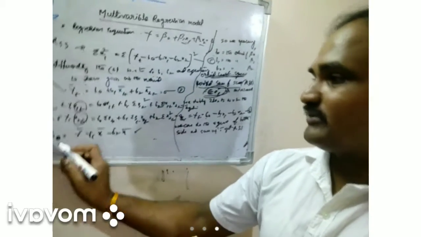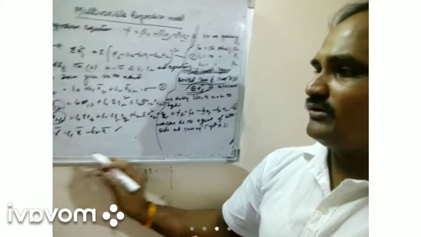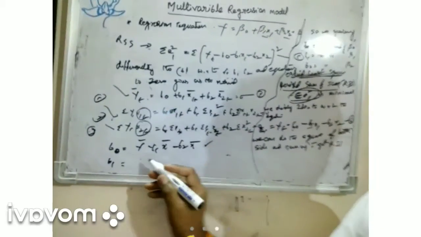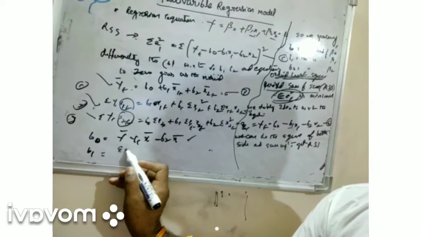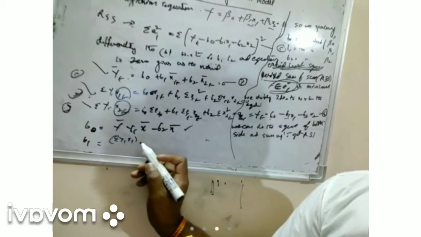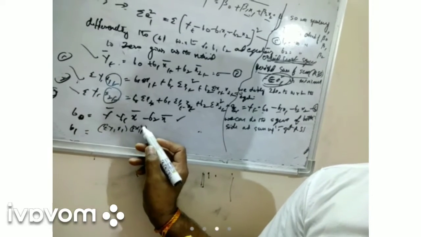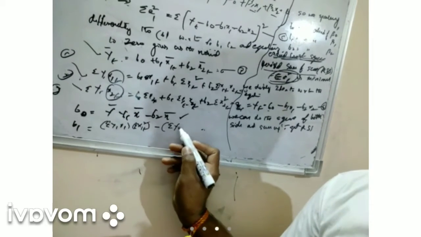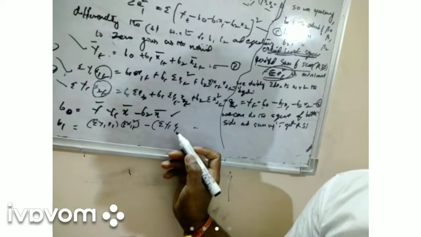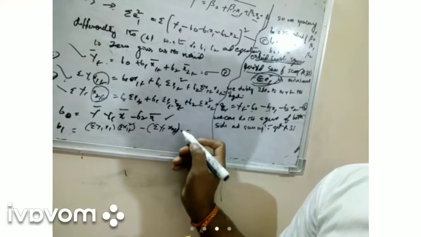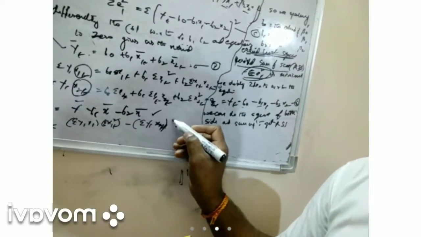After that, what about b1? You already have b0. What is b1? B1 is equal to what? Well, that involves the x1 explanatory variable. Let me write it. So b1 is equal to, sigma y1 x1, the sum of y1 x1, into the sum of x2 square, minus sigma y1 x2t, into sigma x1t x2t,